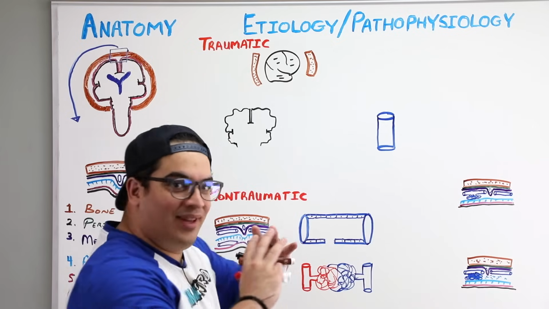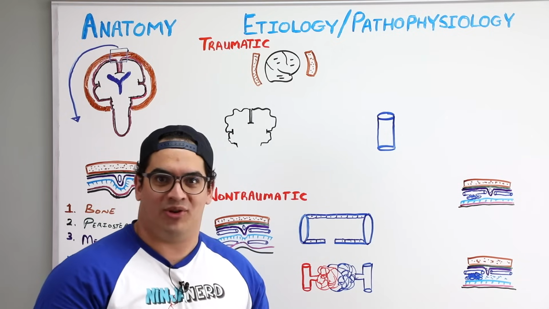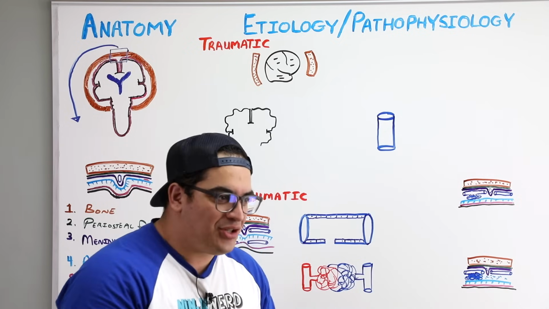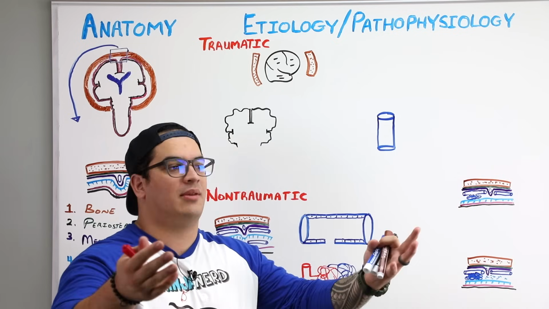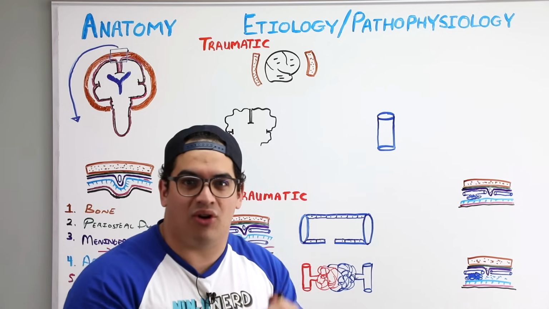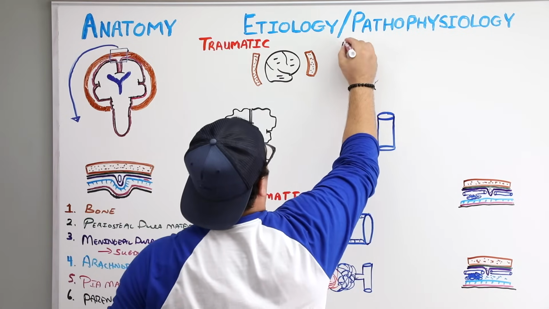All right, so let's talk about the particular causes or the etiology of someone who develops a subdural hematoma. By far, the most common cause is traumatic. So it's actually really interesting to see how this kind of bleed occurs. Now, it's usually some type of blunt force trauma, and the most common is usually a motor vehicle accident. And in these motor vehicle accidents, it usually produces what's called an acceleration,